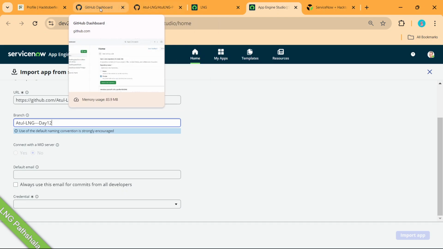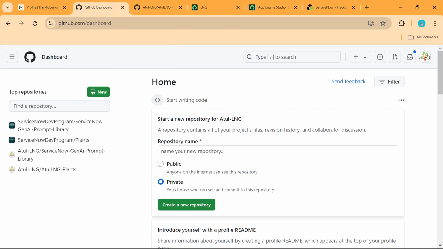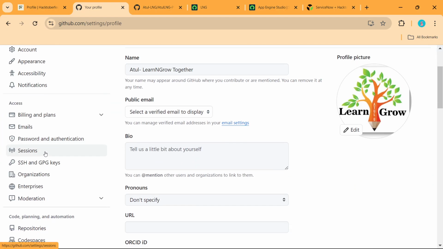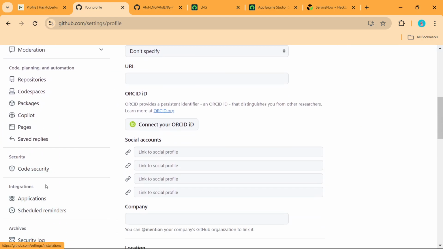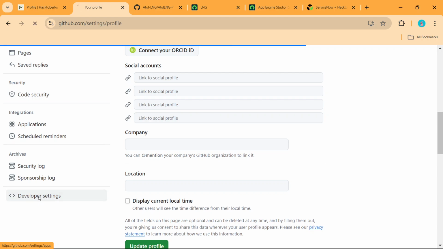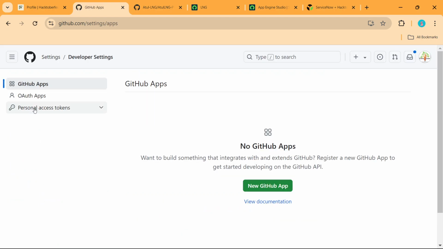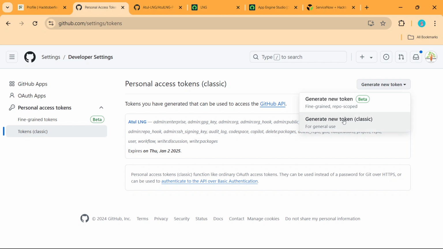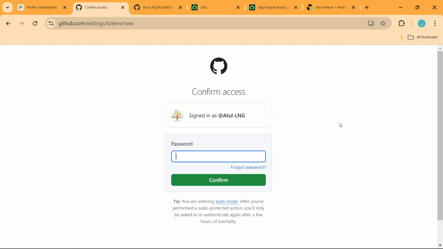What you have to do is go to your GitHub dashboard, click here, go to your settings and go to developer settings, and here you have to get the personal access token, PAT, we call it a PAT, and click on classic. It is all similar to what you do in the integration part as well. Generate a new token, classic. It is asking for my password.